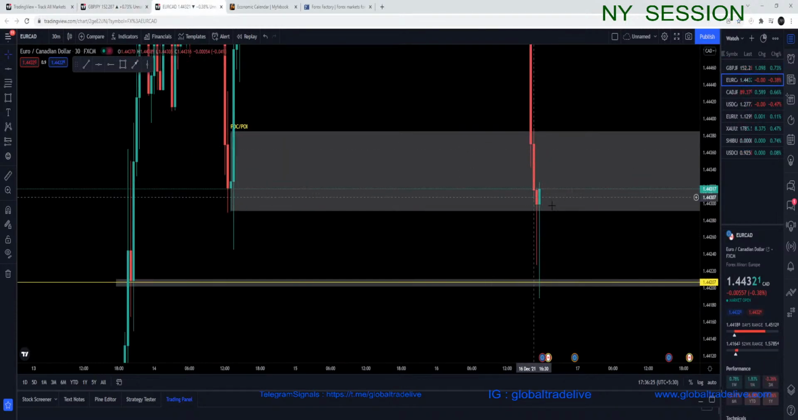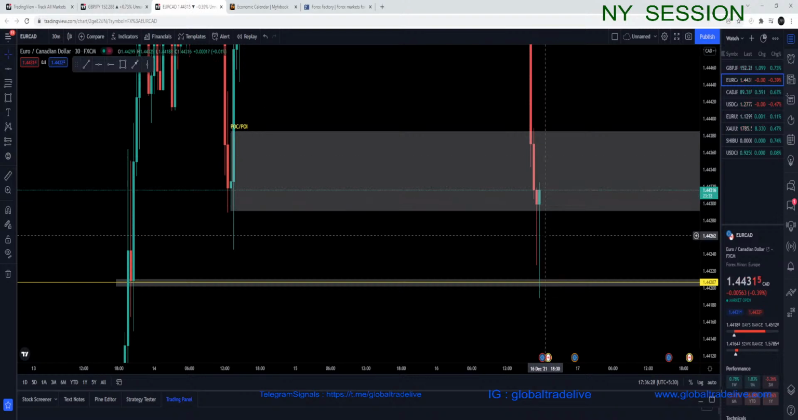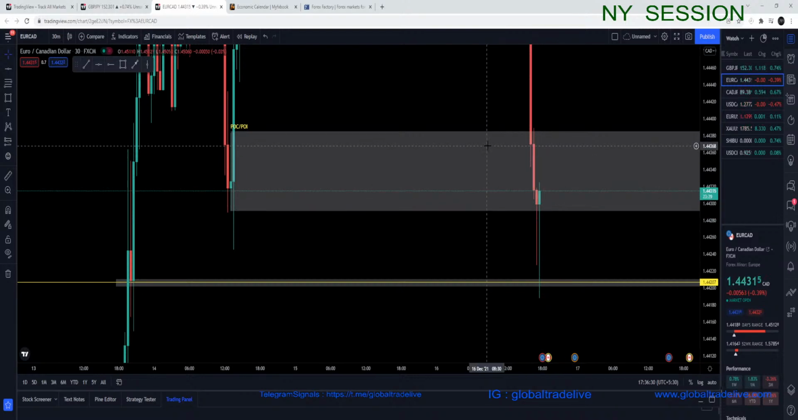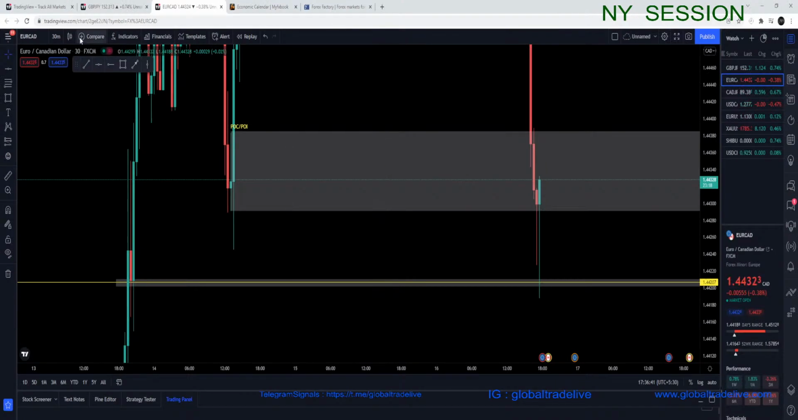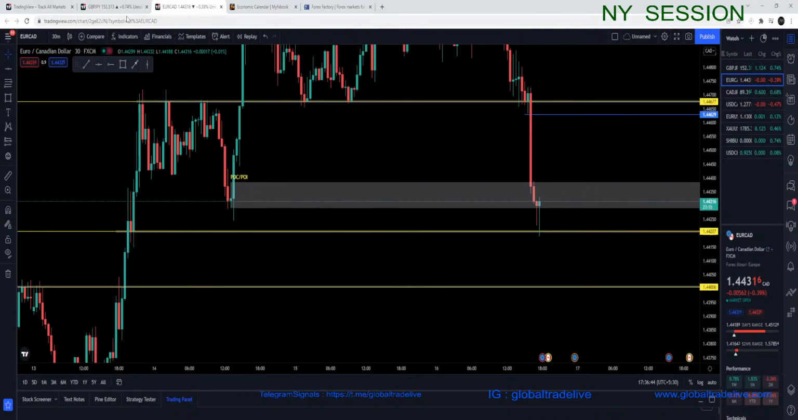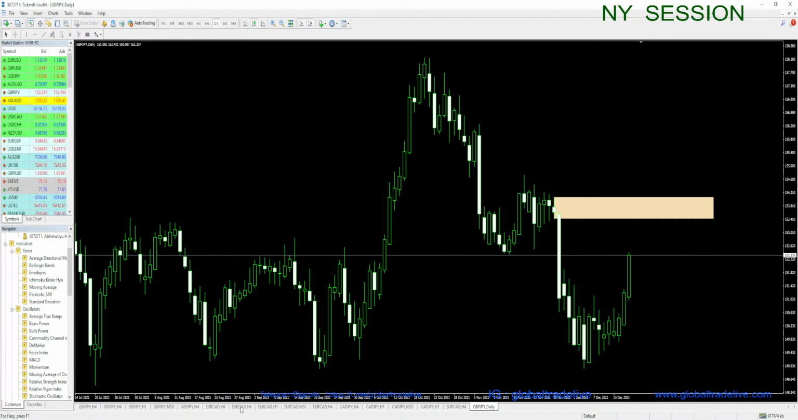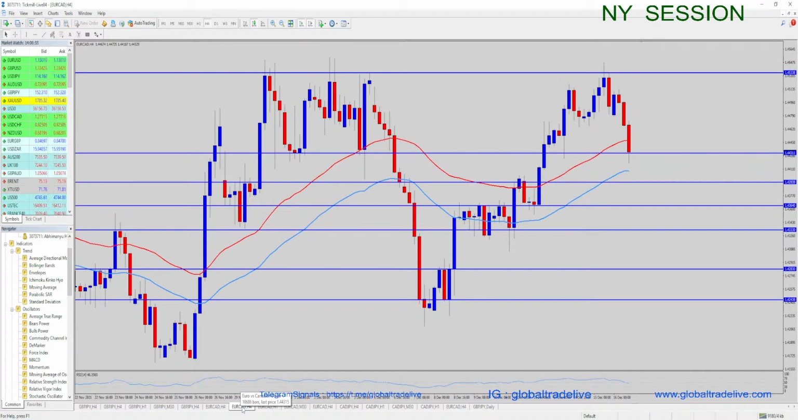So finally, EuroCAD, I think it will now start to move up. Let me just check how much time left. So 4-hour candle will be closing in almost 2 hours, and that means this candle should be closing at this support,